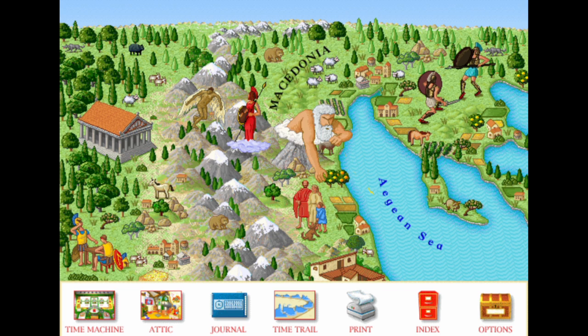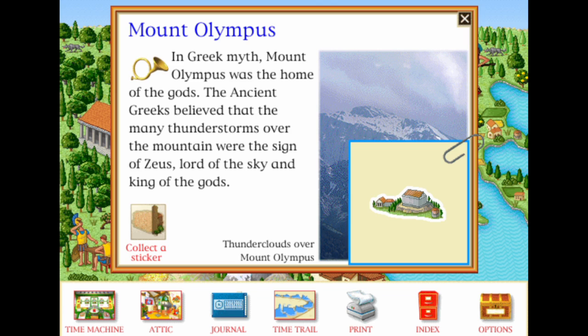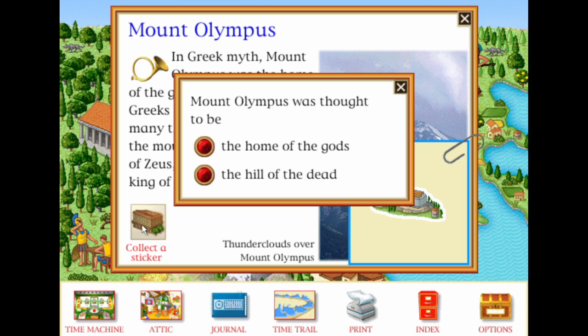Mount Olympus. In Greek myth, Mount Olympus was the home of the gods. The ancient Greeks believed that the many thunderstorms over the mountain were the sign of Zeus, lord of the sky and king of the gods. Mount Olympus was thought to be the